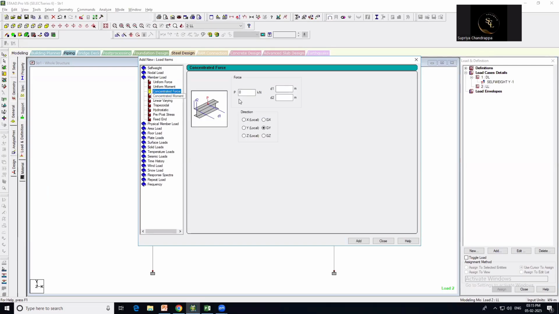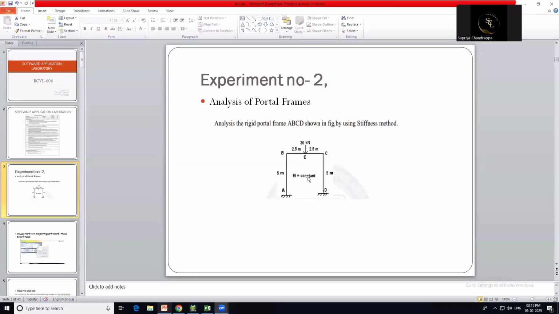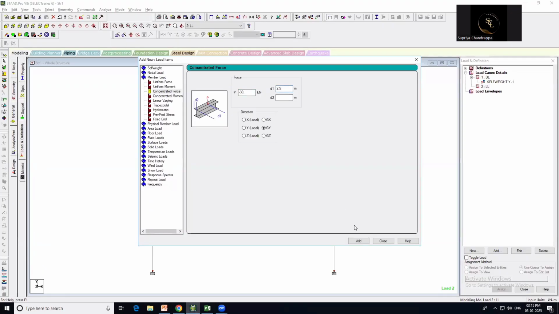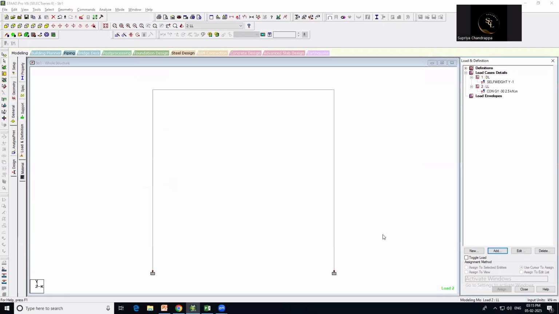Here concentrated force is there, and the P value, that is the force value, is 30 kilonewton. So that is -30, because 30 kilonewton is acting in the downward direction. Also it is acting at 2.5 meter distance. If you want to check it, it is acting from B to C, in between B to C, at 2.5 meter distance. That is why I've taken it as 2.5. Click on this add button and close button.